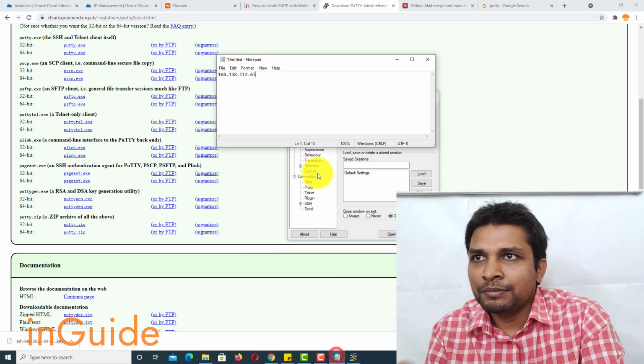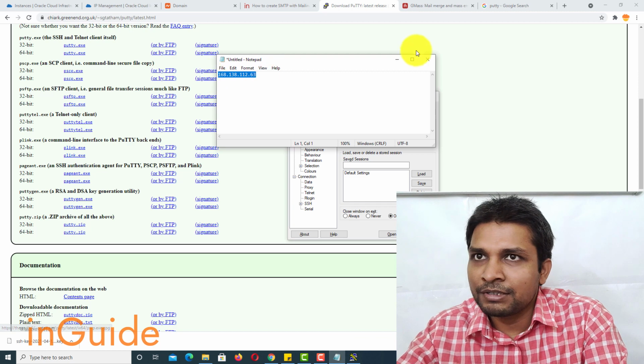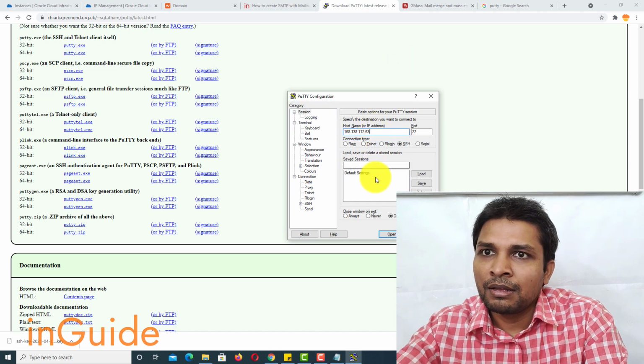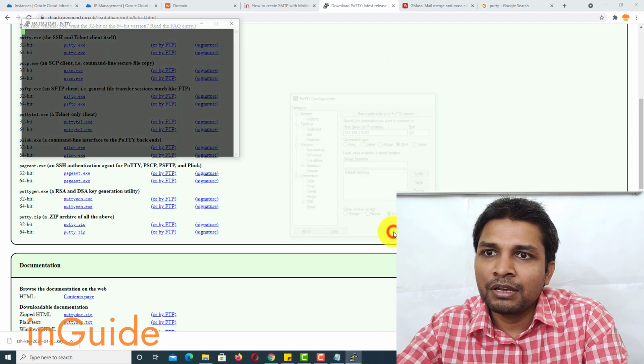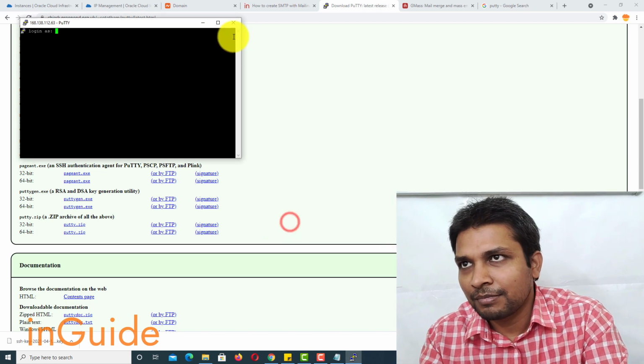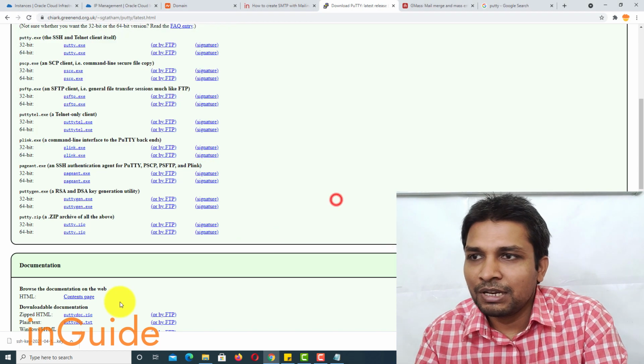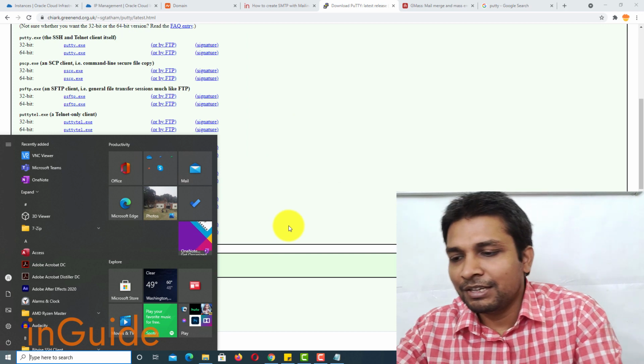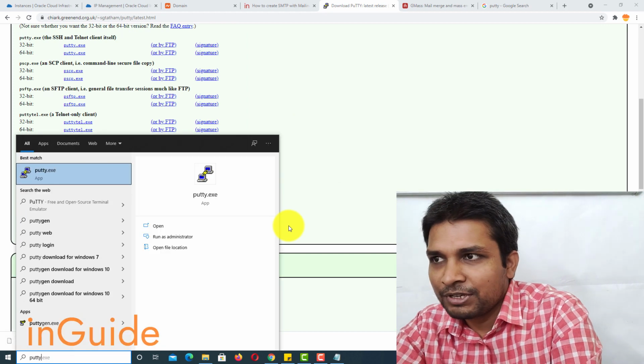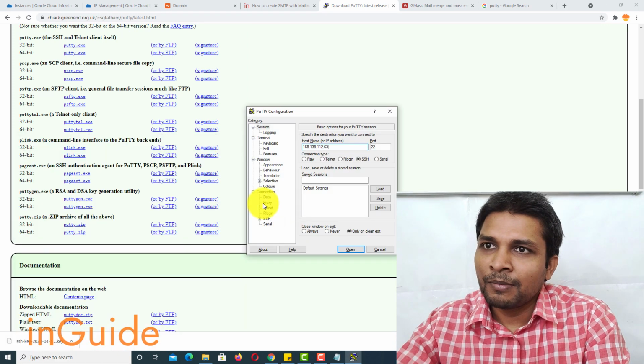And then I'll copy the IP address. After that, you have to basically pass the SSH key as well. So I missed that part, no problem.